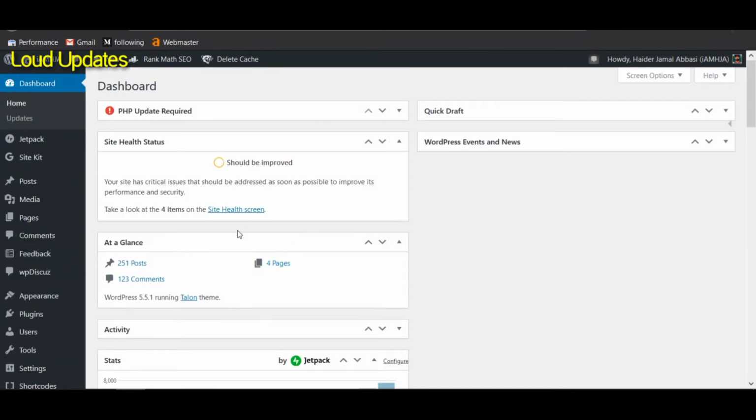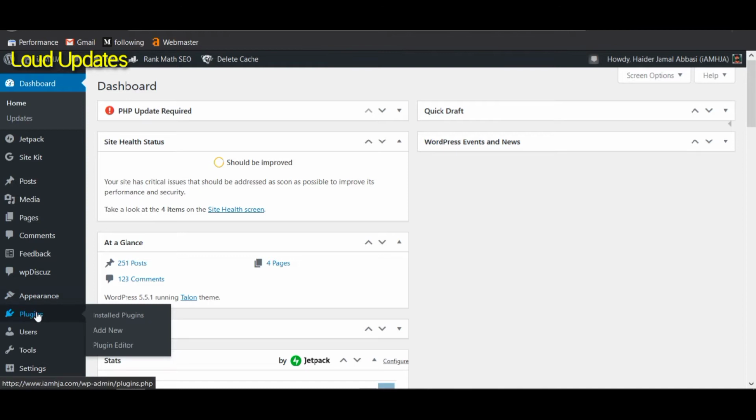Sometimes our hosting crashes and we cannot pay the billing on time, and that's the reason we need a backup of our website. Sometimes we are migrating our website from one hosting to another hosting, and then we need a backup of our website. Today I will guide you on how to take a backup of your website in easy and simple steps.